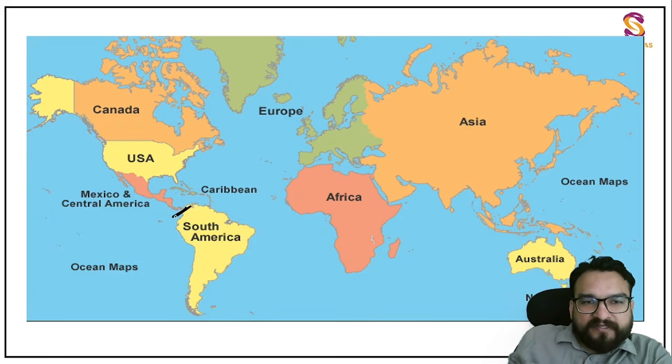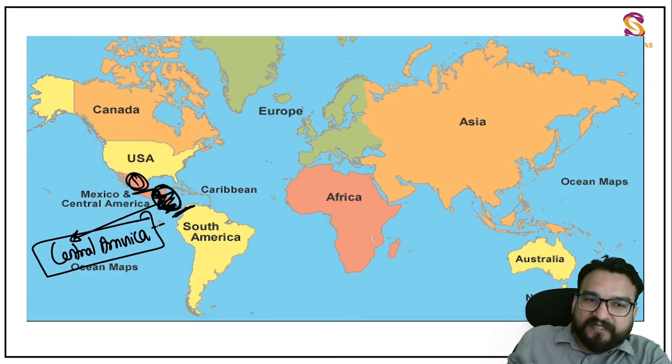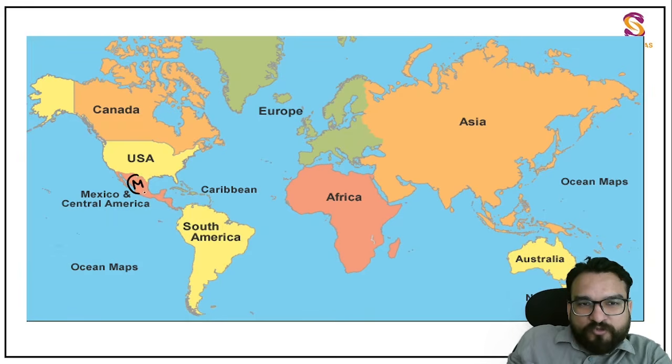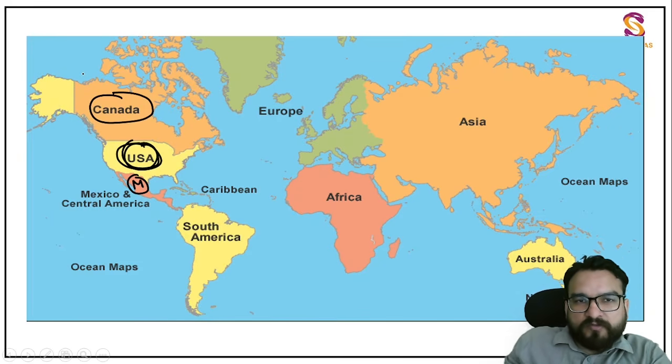Now you understand this particular area which you can see over here, this is Mexico. But in between, you are seeing certain countries over here. These countries are also known as Central America, guys. There are a lot of countries in Central America which we have to learn, and this is what is chaotic. Now this is Mexico over here, this is USA, this is Canada, and the USA is not just this. One portion of the USA is this also, that is Alaska. I'll let you understand. Just see the overall picture right now.